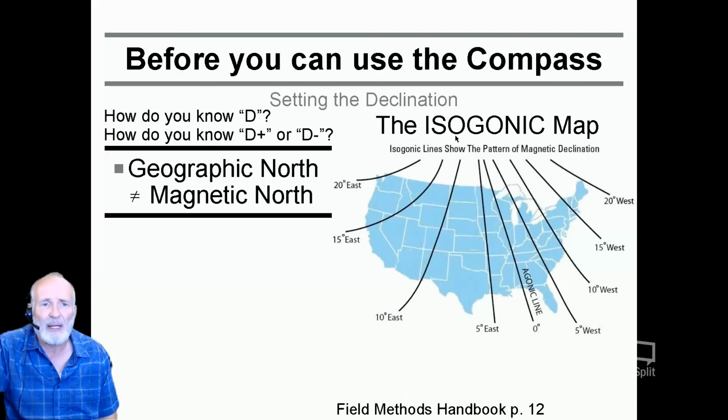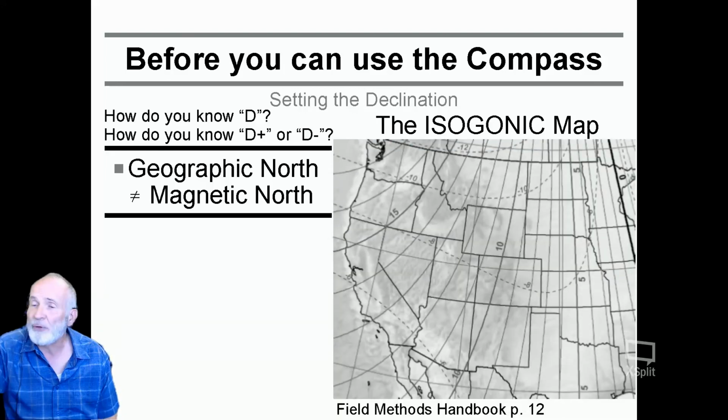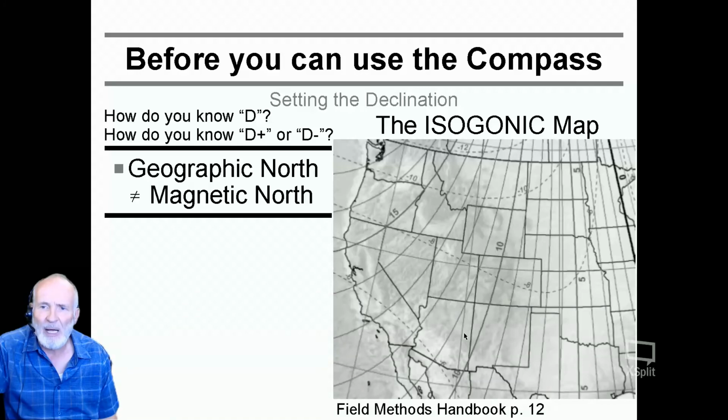By the way, an isogonic map is given in your Field Methods Handbook on page 12, which I have reproduced here for you. That's much more detailed. You can see this. Here is my agonic line. Right, that's 0 where it coincides. And then these lines here, the 10, 15, is by how much my measurements are deviating from the true north. So if you want to set your compass, you need to figure out where you are. Of course, we are in Colorado, that has the possibilities of these isogonic lines that we could use or set